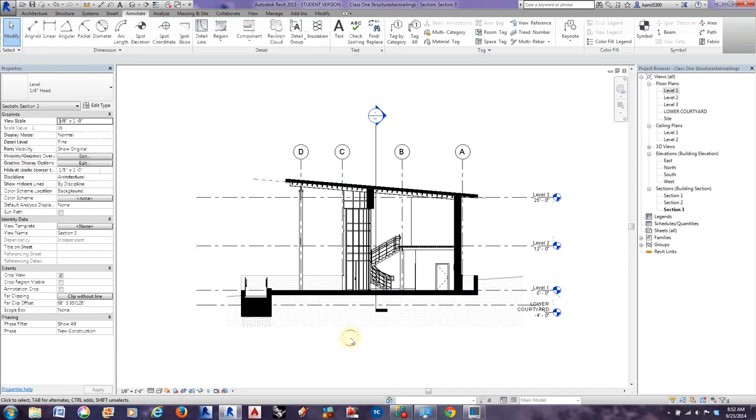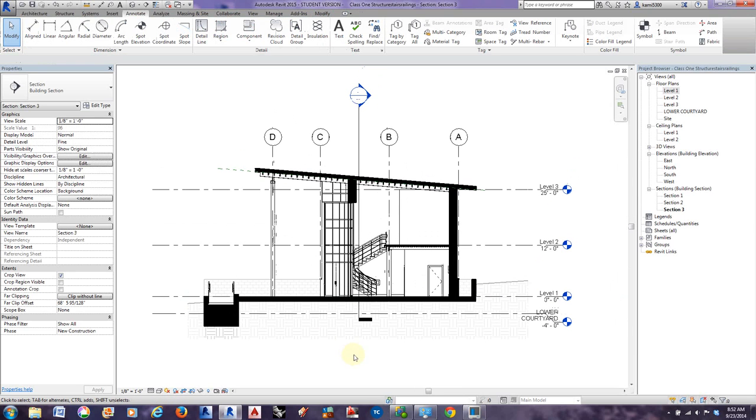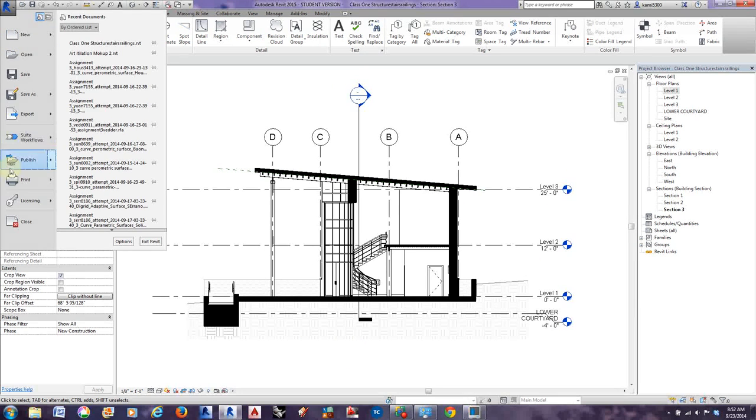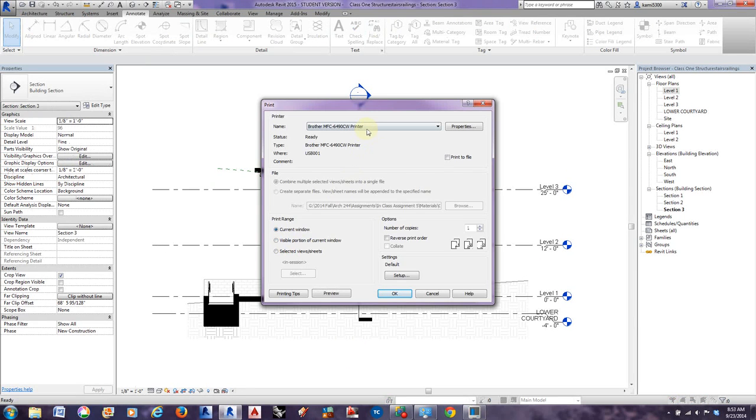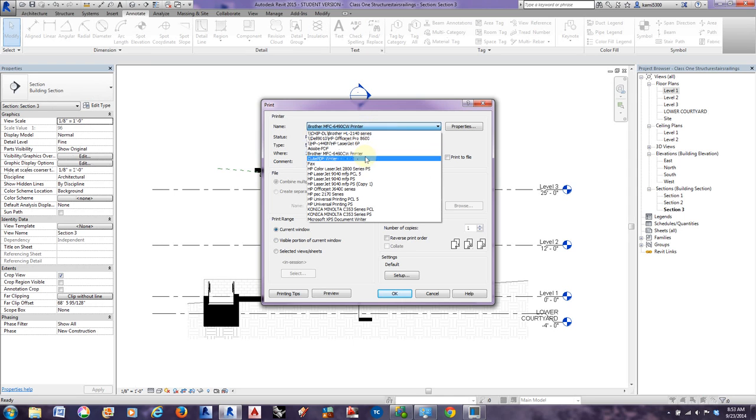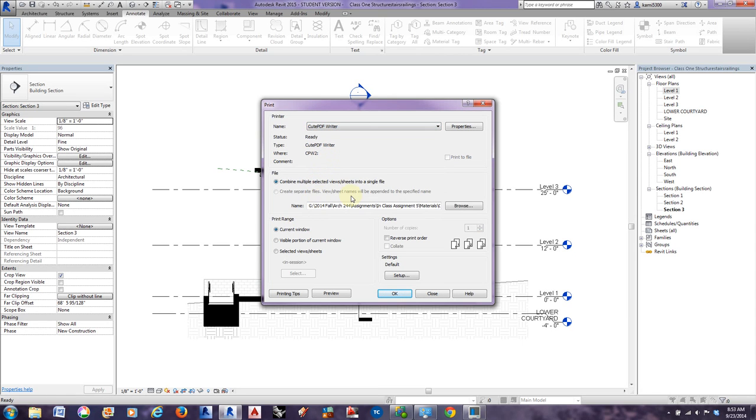But let's just say we wanted to print this particular section without anything in addition to this. We could go up to File, Print, and you could set it to any particular printer that you want. I like to just use Qt PDF, but you could use Adobe PDF as well. And there are some print range options. We could print the current window,